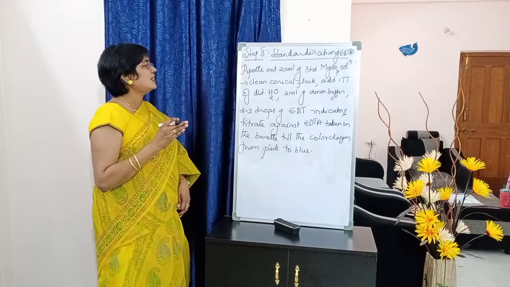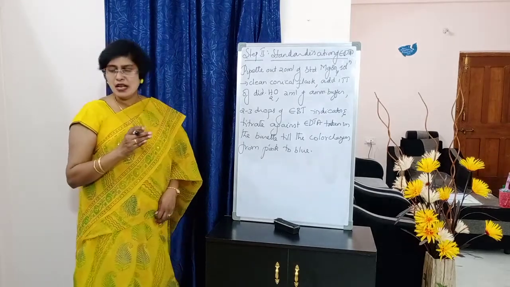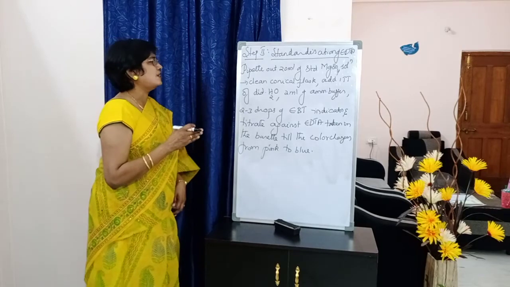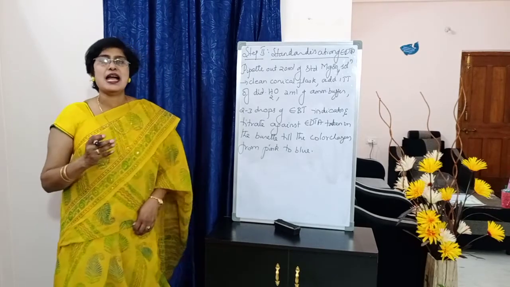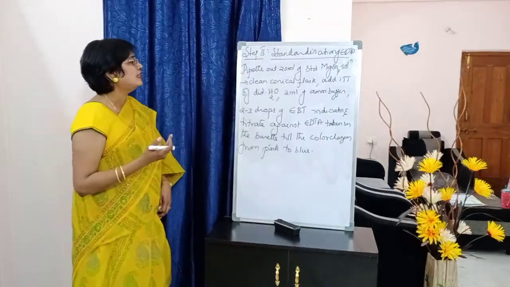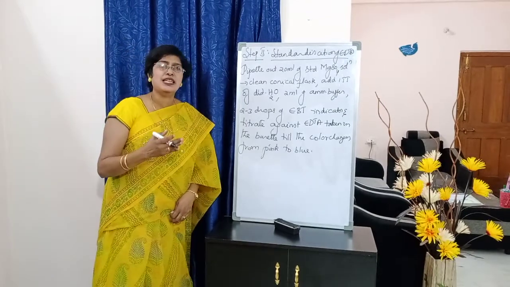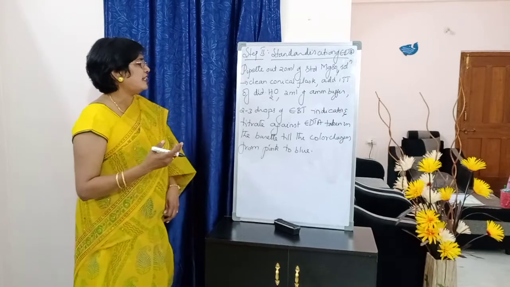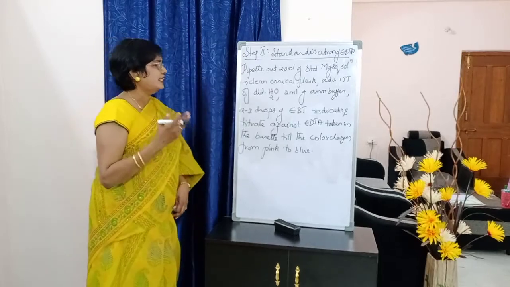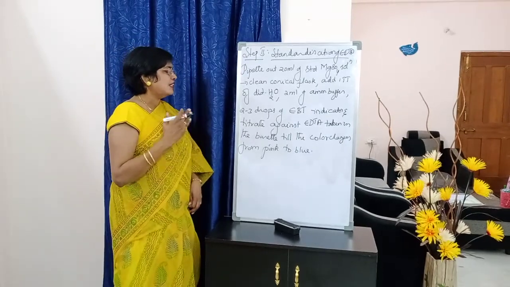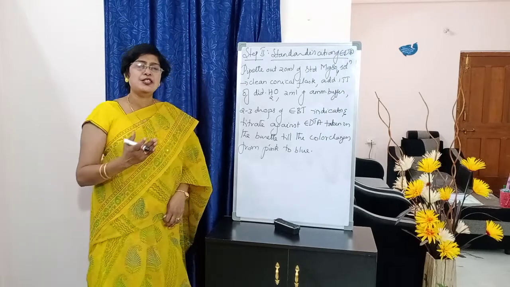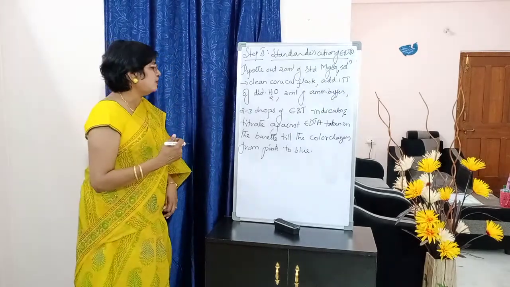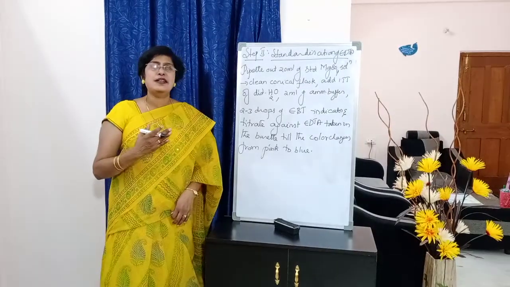Okay students, written: pipette out 20 ml of standard MgSO4 solution into a clean conical flask, comma, add 1 test tube of distilled water, comma, 2 ml of ammonical buffer, comma, 2 to 3 drops of EBT indicator, and titrate against EDTA taken in the burette till the color changes from pink to blue. Full stop. Repeat the titration. Note the titer value. Calculate the molarity of EDTA.